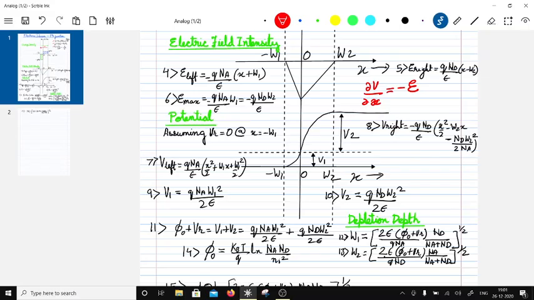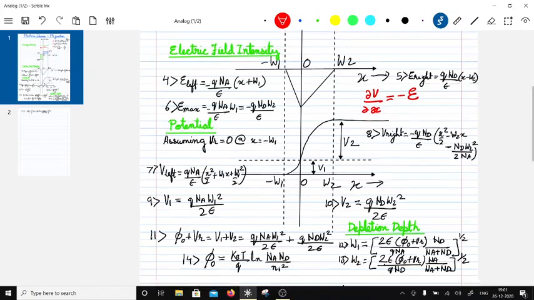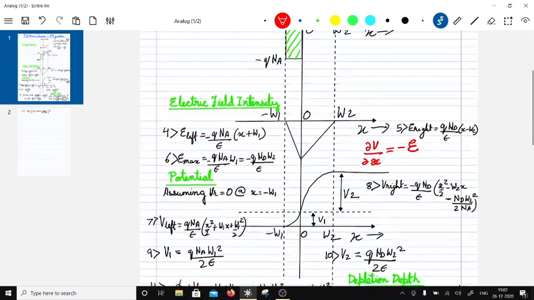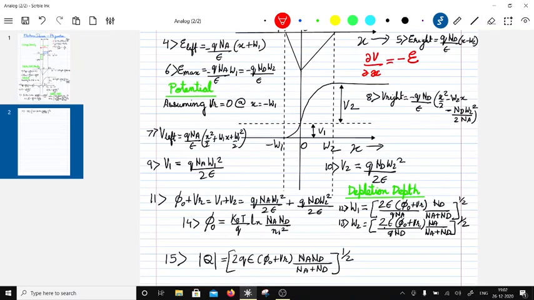Okay, so now we integrate this again. After we integrate this again, we assume that the left hand side junction is grounded, right? Now this is a p-type which is grounded. That's why we can assume this initial condition of 0 over here, otherwise it will be Vr, right? So the left hand side equation would be qNA over epsilon times x squared by 2 plus W1x plus W1 squared by 2. Now at x equal to 0, this is going to be V1, that is